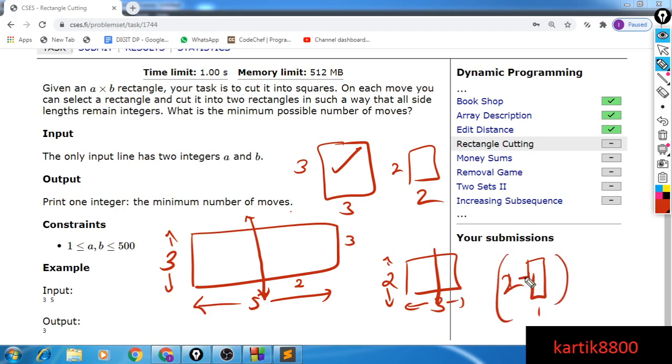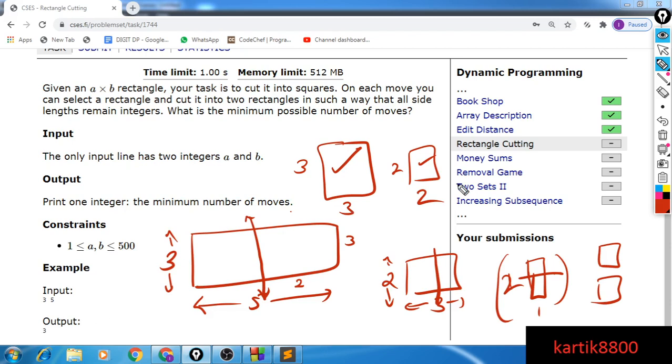And I could make one final cut here, and you can see that after 3 cuts I'll be having 4 pieces: 3 cross 3, 2 cross 2, and 2 pieces of the size 1 cross 1. Okay, I'm quite happy that I was able to actually get the answer for this thing. Okay, so that's the idea here.